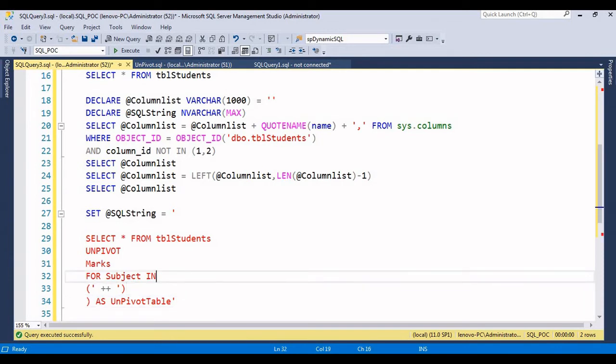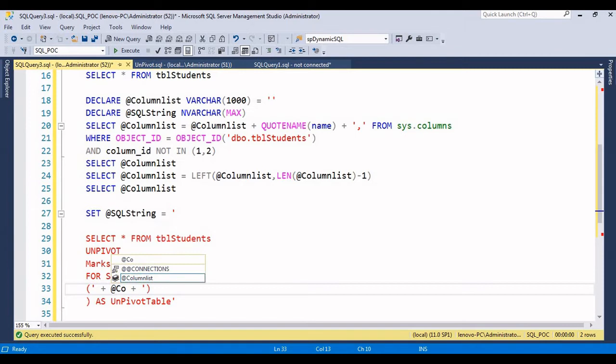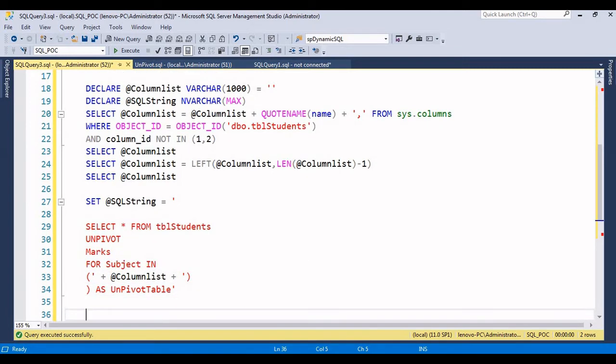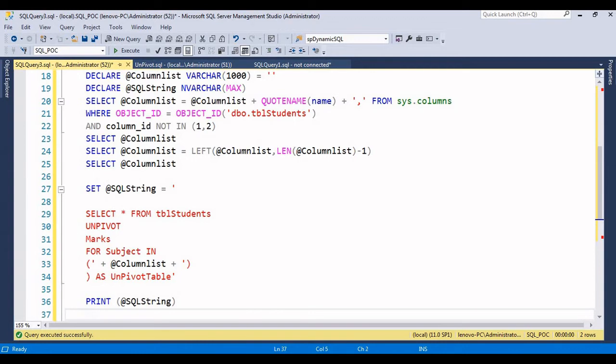So what are the columns we are getting from the column list? I am passing the column list here, right? And finally I'm trying to print, because debugging in dynamic SQL is very important, by using the print option. Execute sp_executesql SQL string. Okay,